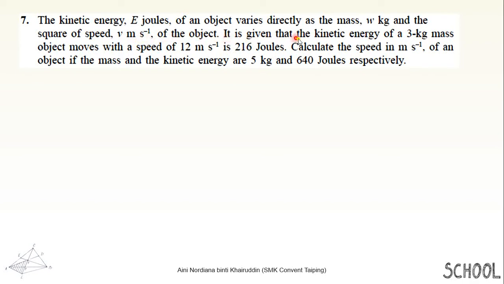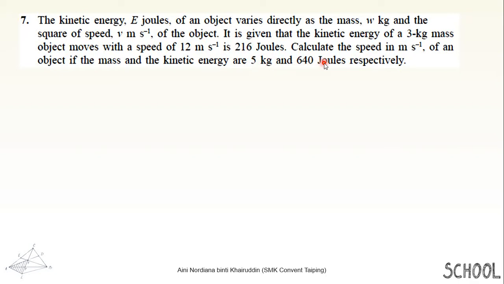It is given that the kinetic energy of a 3 kg mass, so this is the value of W, moves with a speed of 12 meters per second, so this is the value for V, and is 216 joules. So this is the value for E. Calculate the speed in meters per second of an object if the mass and the kinetic energy are 5 kg and 640 joules. So this is the value of